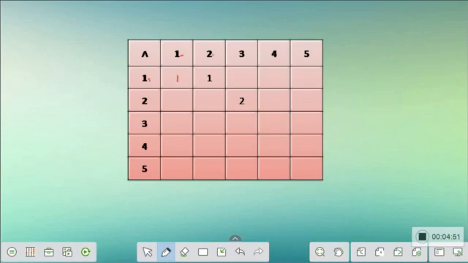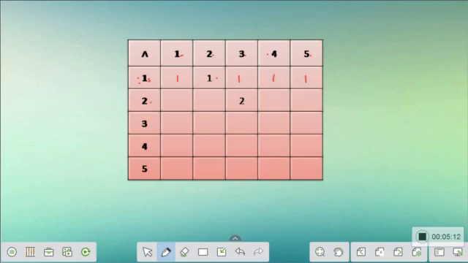because 1 with the 2 is also 1. 1 with the 3, that is when you choose 1 inverted V 3, it is nothing but the minimum of 1 and 3, which will also be 1. And then 1 with the 4 is also 1, and then 1 with the 5 is also 1. So the first row is filled. Let's move on to the second row now.